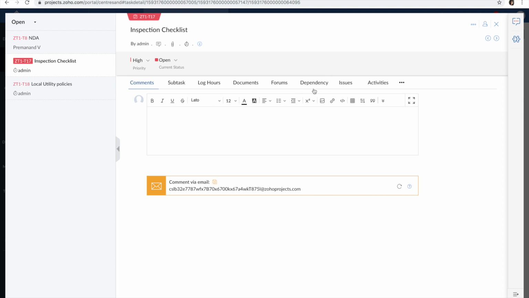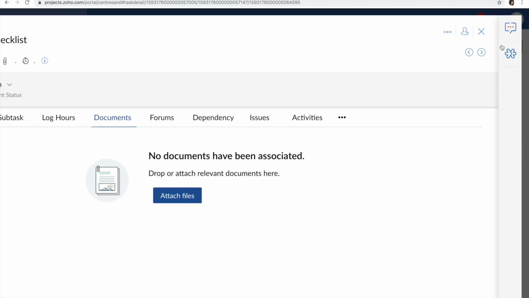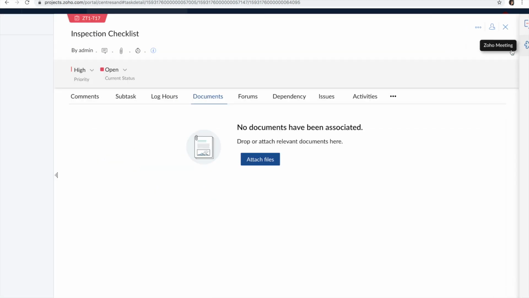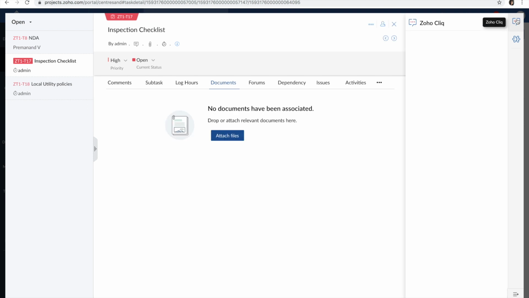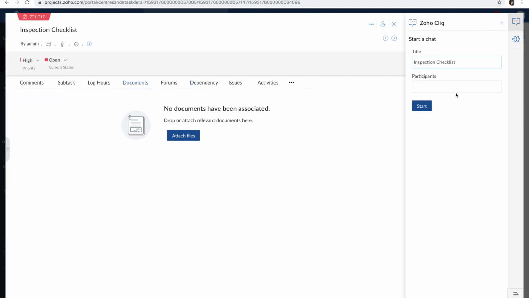If there's any dependency or subtasks there, you can add documents directly from here. Another cool feature is our integration with Cliq and Meeting. So if you want to quickly get on a meeting with everyone who's involved in this task, you can quickly add them here. You can even create a Cliq channel out of all the people who are involved with this